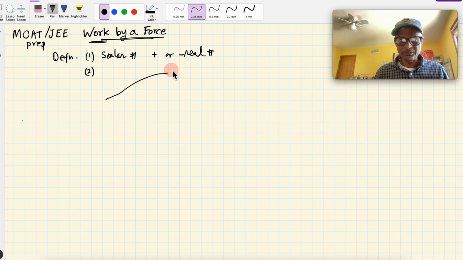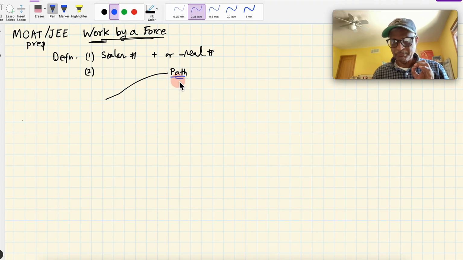The second thing to notice is, if this is a path, there's a path involved over which we need to figure out the work. Okay, so this is often not stated very directly, but you should know that. So how do you tell a path? You need to know the mathematics of actually telling a path. So if you have studied Calc 3 or things like that, you probably know